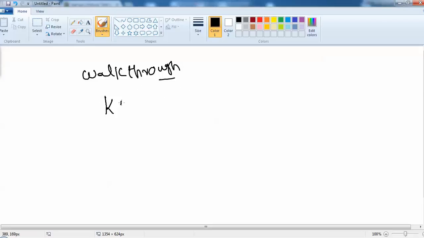Then KT sessions, knowledge transfers. For example, in my team some new guy joined. We have been working on this project for one year and we know all the functionalities. If I give all the documentation to that guy, he will spend a lot of time reading and understanding the documents. Instead of that, I will conduct a KT session. I will show all the screens and explain the core functionality, the test cases, and everything. So what I'm doing here is transferring knowledge, right? Those types of meetings are called